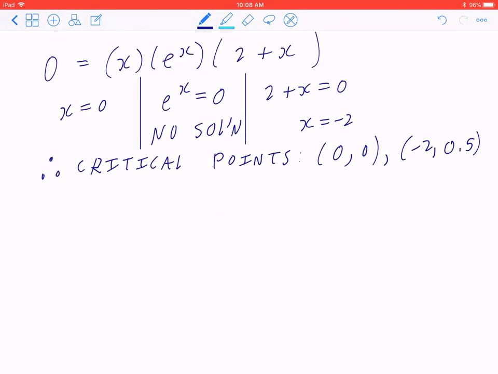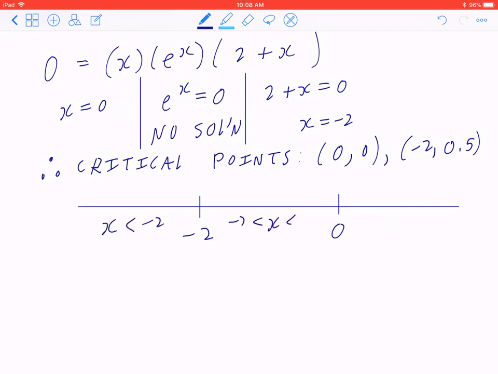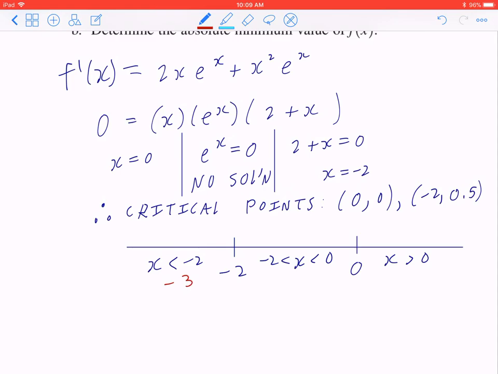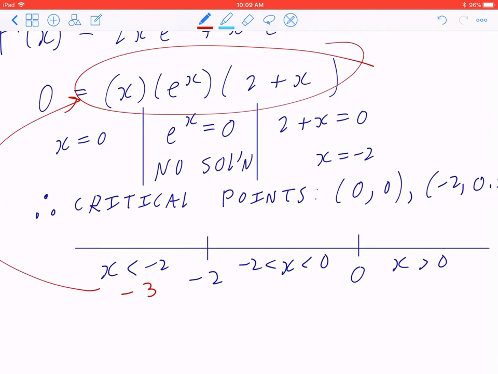Now, once you find the critical points, you're now ready to find the interval of increase and decrease. Again, you draw a number line, you set up the 2 anchors. Always put this in ascending order, so negative 2 and 0. Again, you can pick a number less than negative 2, pick another number in between negative 2 and 0, pick a third number that's positive, and what happens is, if you pick, let's say, negative 3, and you plug it back to here, that's going to be f prime. This will give you negative times positive times negative, which ultimately is going to be positive,